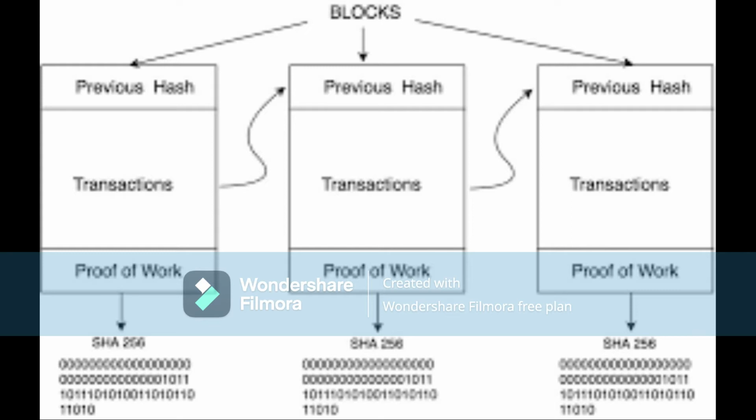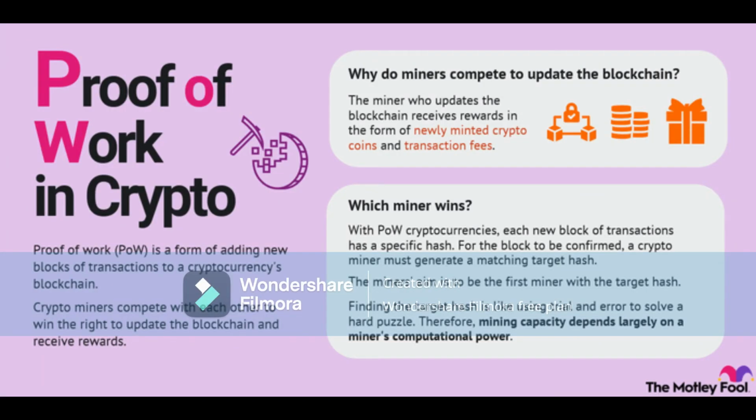And if you wish to change the hash ID of all the blocks, then it will take a lot of time. Suppose for example, in Bitcoin, if you wanted to change the hash of one block, it will take more than 10 minutes, and if there are 1 crore blocks, then it will take around 200 years to change the hash code of every block. And this time concept was proved by the proof of work concept. Proof of work means one party has to prove to others that a certain amount of a specific computational effort has been expended to complete the task, which enables Bitcoin transactions to be confirmed and recorded without a central authority.